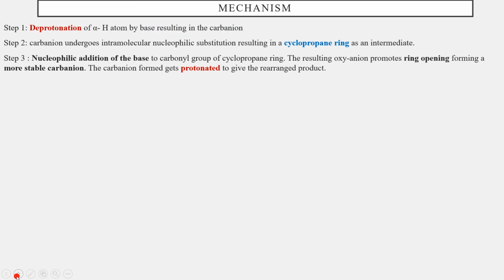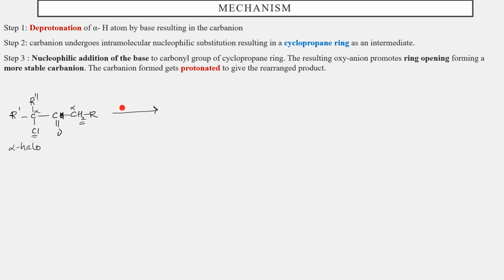So what is the mechanism? The mechanism has three steps. The first step is deprotonation. The same alpha haloketone we will write. And as I told you, it should have an alpha hydrogen atom. So we will now show that. This is your alpha carbon. This is also your alpha carbon. This becomes your alpha halo group and this becomes your alpha hydrogen atom. Hydrogen present on the alpha carbon is alpha hydrogen, and the alpha carbon is a carbon attached to the functional group. Remember it this way.